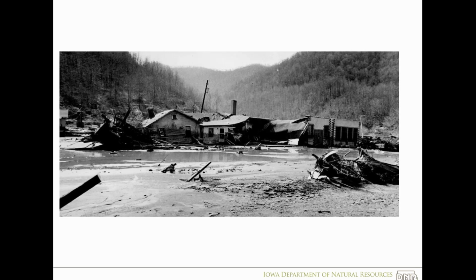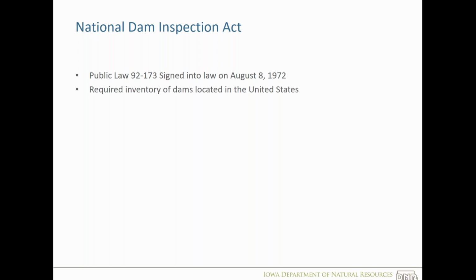As most of you have seen, even non-dam related flooding can have significant impacts. So that kind of led to, nationally, really, unfortunately, a lot of our dam safety history results from failures, right? We have a failure, just like anything, floods, these sorts of things, then people say we have to do something about this. So in 1972, there were some laws passed that said, hey, we need to figure out where all these dams are in the United States